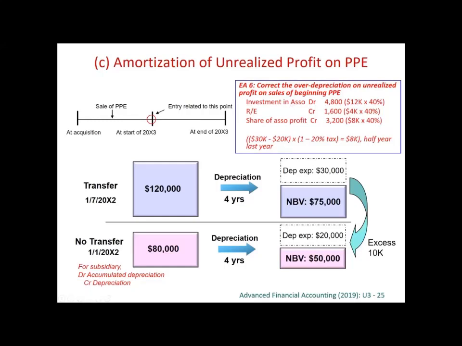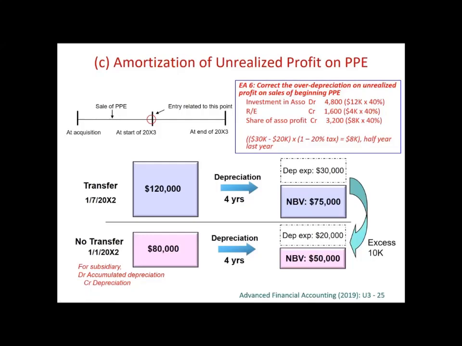In terms of the amount, if there's no transfer at all, you think that the depreciation should be 20,000. Because of the transfer, the depreciation is now 30,000. So the difference is 10,000. We don't share all. The 10,000 difference in the depreciations, we share it after tax and only 40%. So every year, the adjustments is only 3,200.